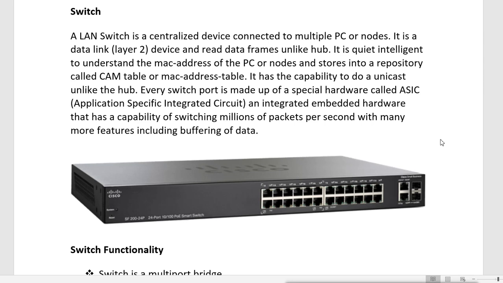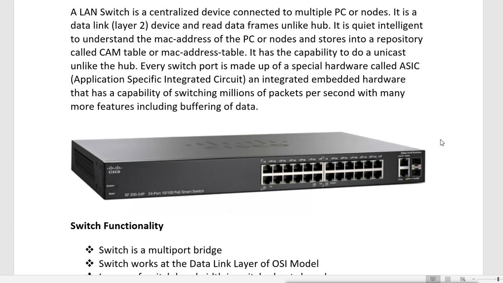As I said, every port of a switch has its own application specific IC that makes the switching decisions, and it can switch millions of packets per second.